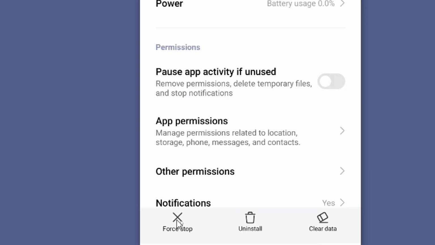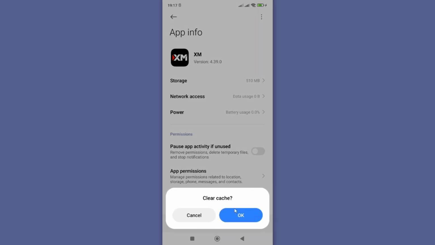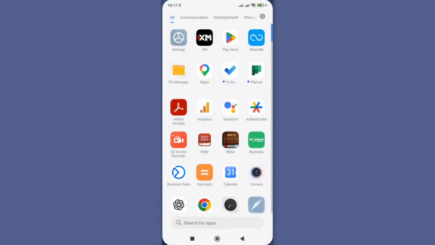Here, go first to force stop to stop any background activities that might be running. Then go to clear data and choose clear cache, and okay, again clear data and clear all data. By clearing all data, you will have to log in afresh to your account. Now restart your smartphone and go to your XM app, and in most cases now this should have fixed your